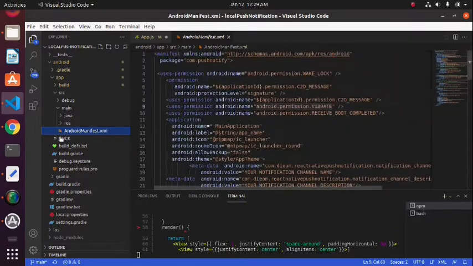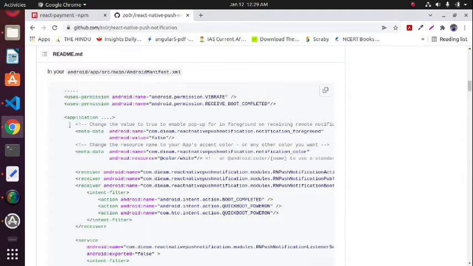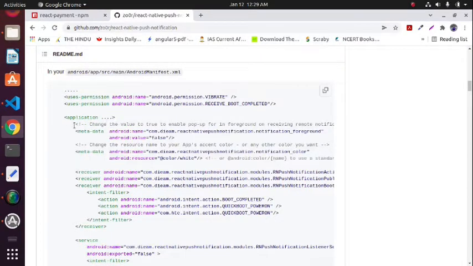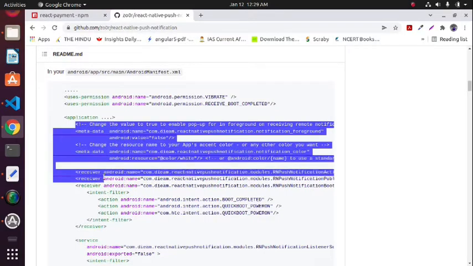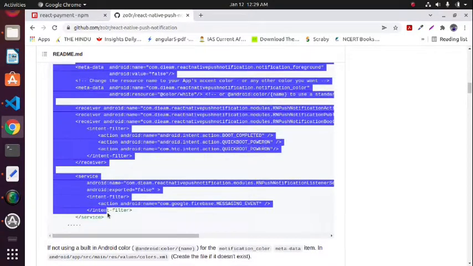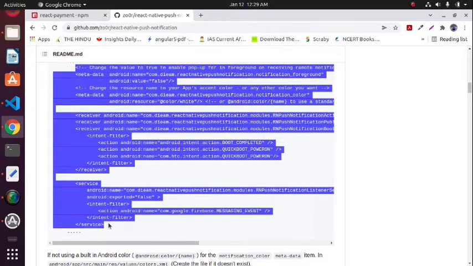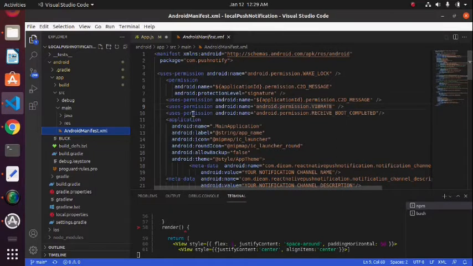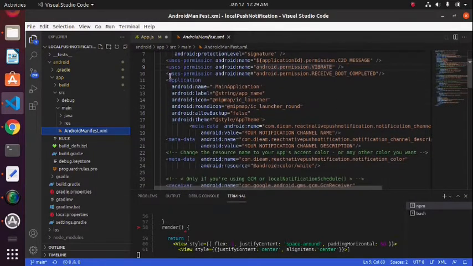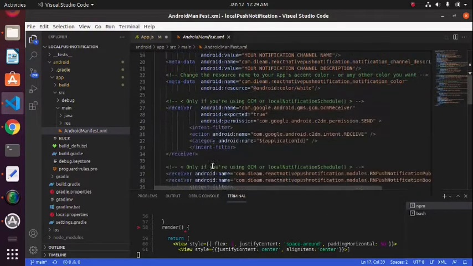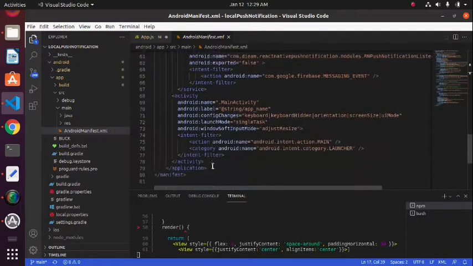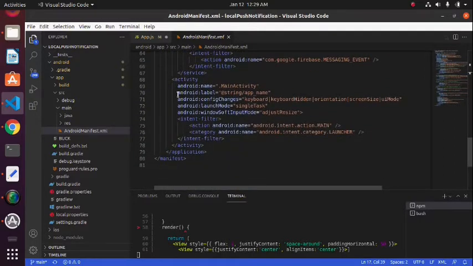You can see this application part, and whatever code is written between that, you just copy and paste it between the application tag. Here application is closing, so here you can paste. This is what I did for the manifest setup.